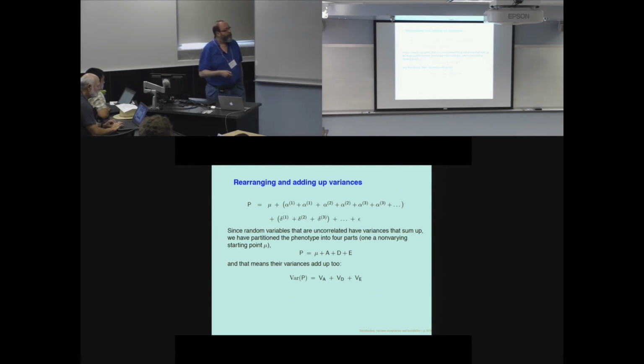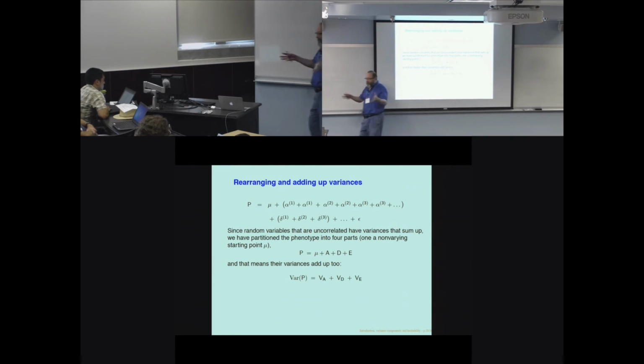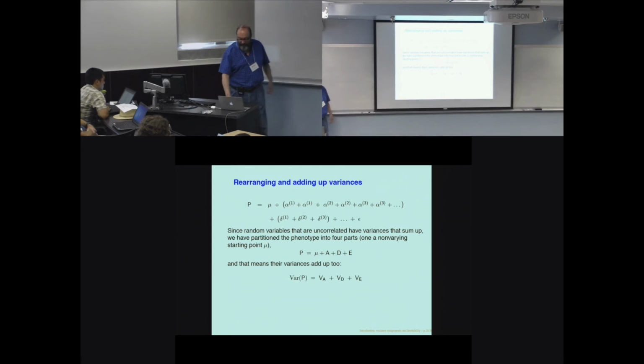So now what we've done is break up the variance into 3 parts. But again, so what? Each of those parts consists of contributions from many loci, and you don't know how many loci, and you don't know what exactly are their genotypic effects. Well,